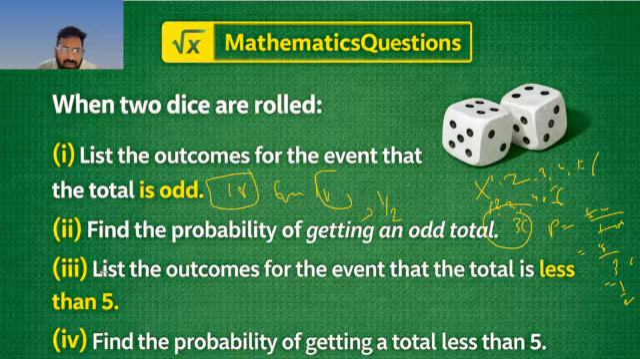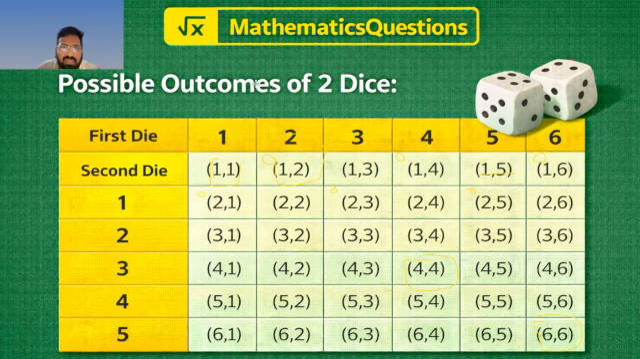Question number 3, list the outcomes for the event that the total is less than 5. From here we will say less than 5 is whose sum is less than 5. That means this one will be covered. 1 plus 1, this is 2, so okay, we will take this. 1 plus 2 is 3, less than 5, that is fine. 1 plus 3 is 4, less than 5, that is fine. 1 plus 4, 5, no, we will not take it, and greater than this also we will not take it,